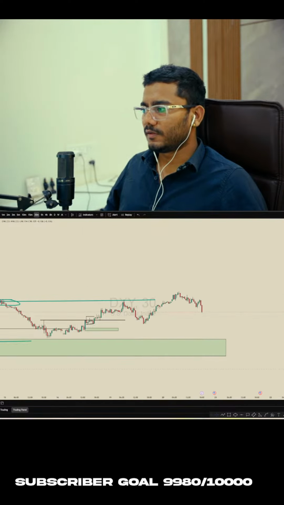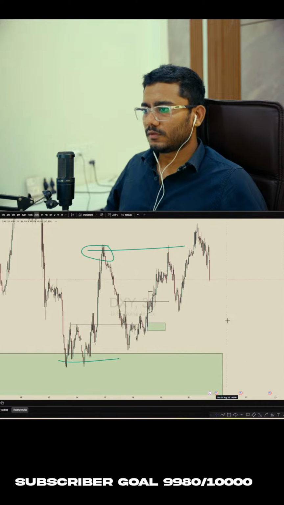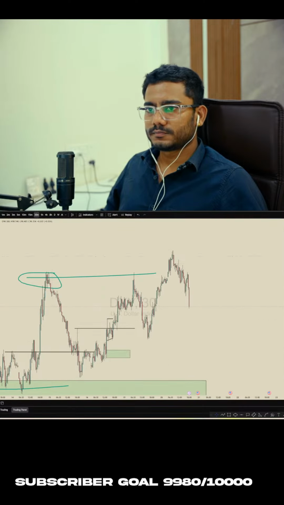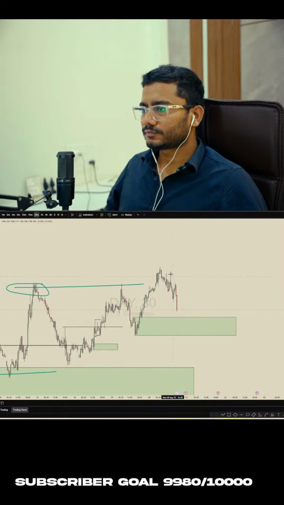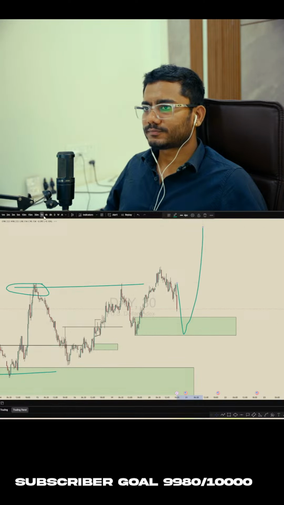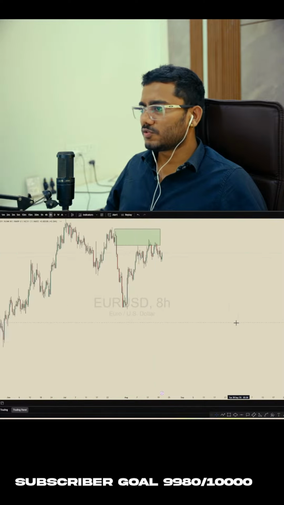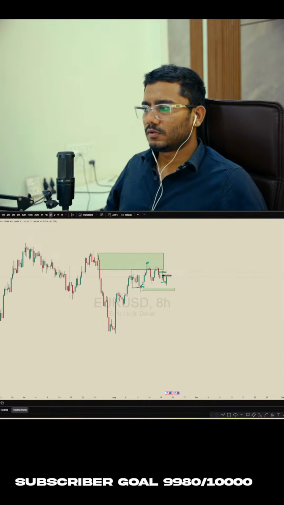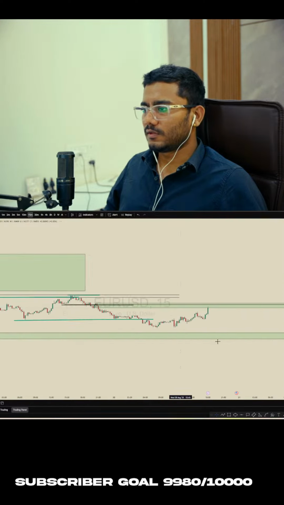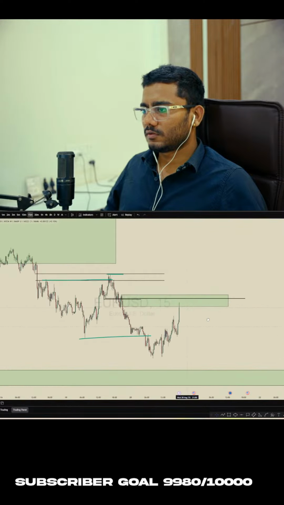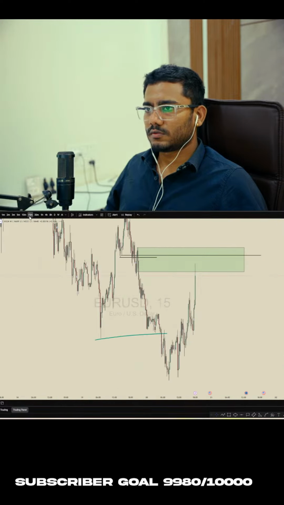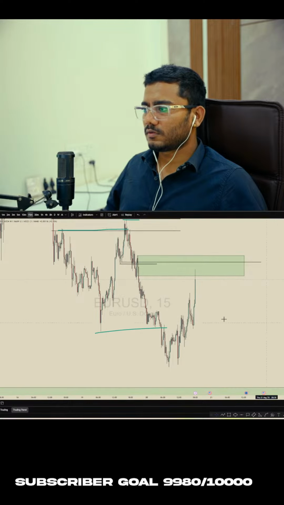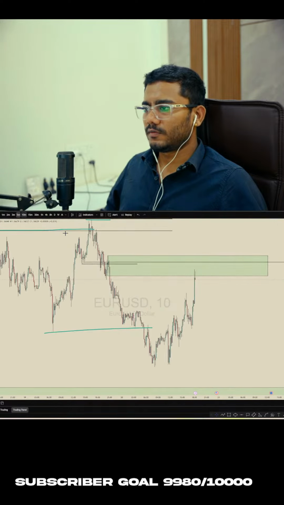So if you go to 30 minutes, we can see there is an order block over here. If price reacts from this order block, then probably you can expect a downside move on Euro USD also. So probably it has tapped this. Let's see. It's reacting, but